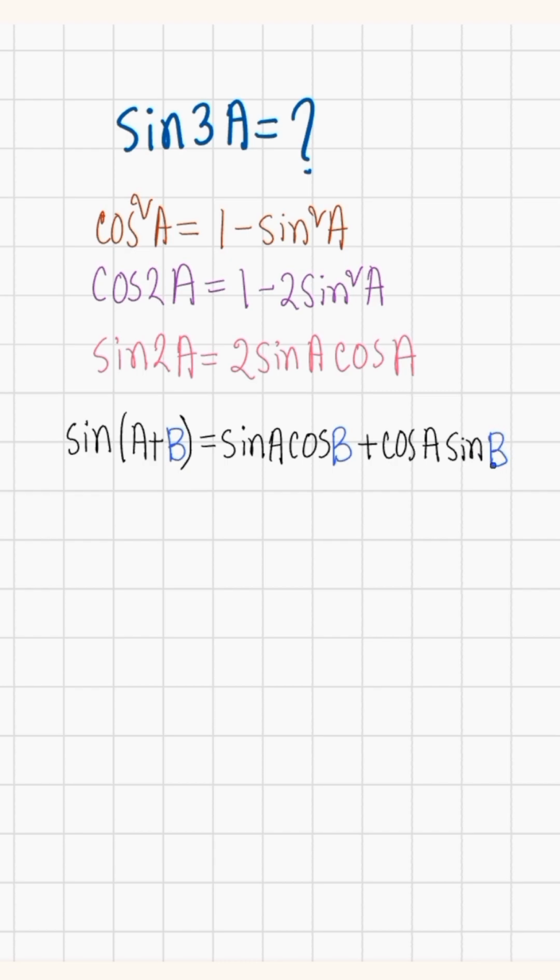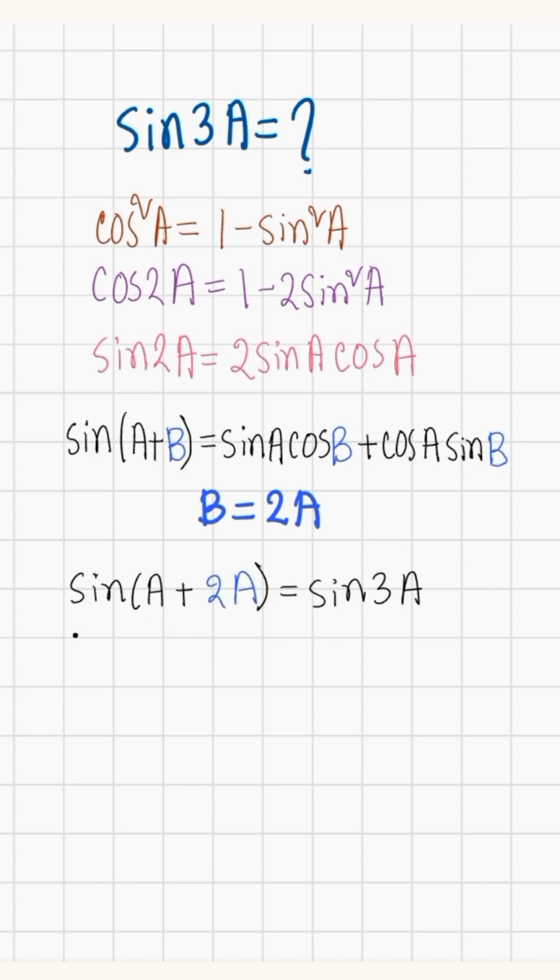b। এখন এই সূত্রে b এর জায়গায় 2a বসাই, তাহলে পাবো sin a plus 2a equals to sin 3a equals to sin a into cos b এর জায়গায় বসাই 2a plus cos a into sin b এর জায়গায় বসাই 2a equals to sin a